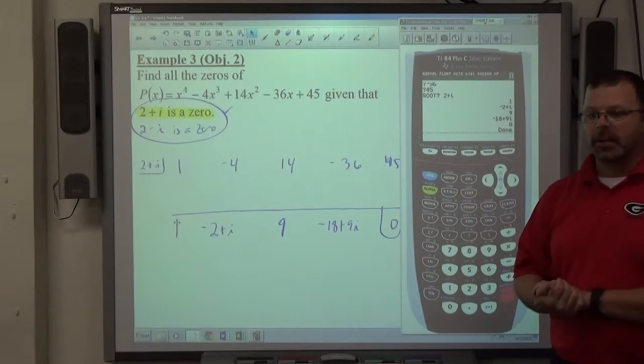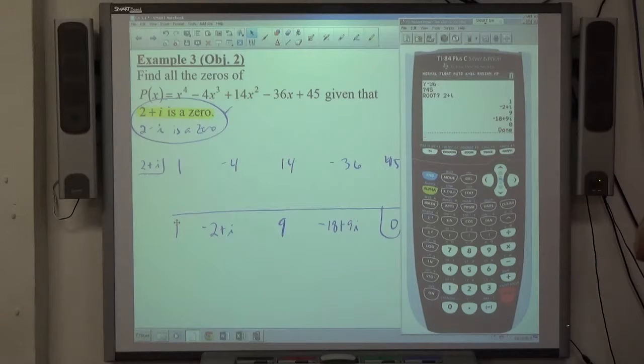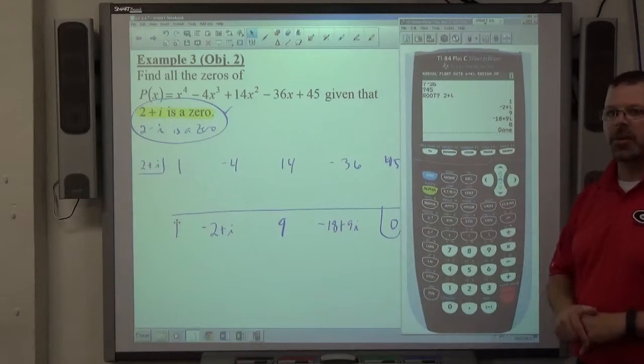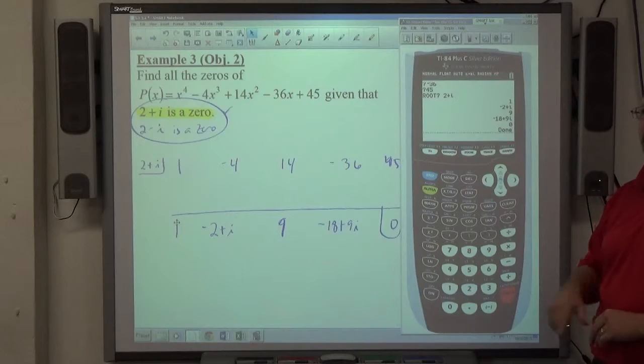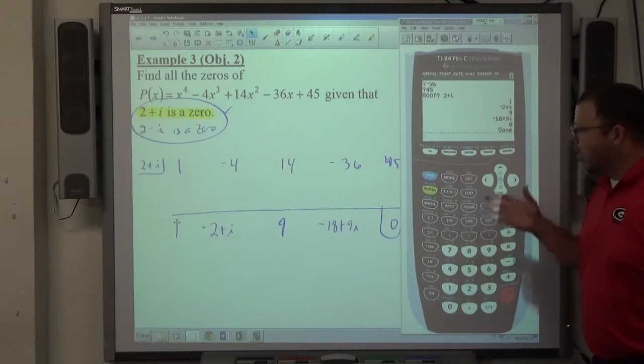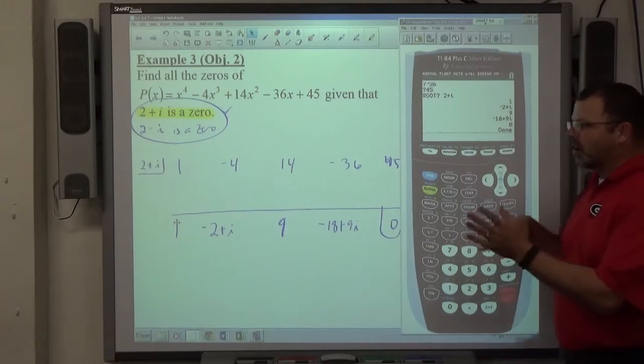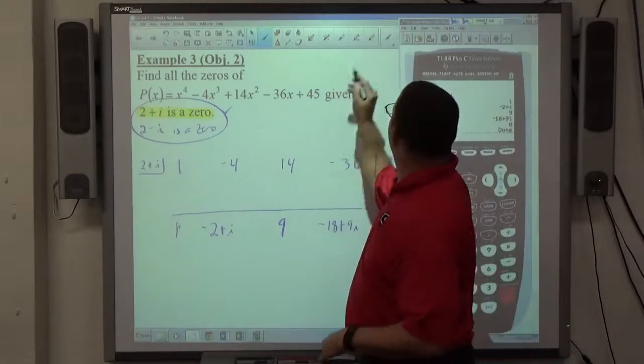So it'll be like a bunch of zeros followed by some decimals. So just pretend it says 0. That's the only one that ever messes up, that last digit. So again, it just performs synthetic division. You don't have to go through all the mess, but again, if I was to do it for real,